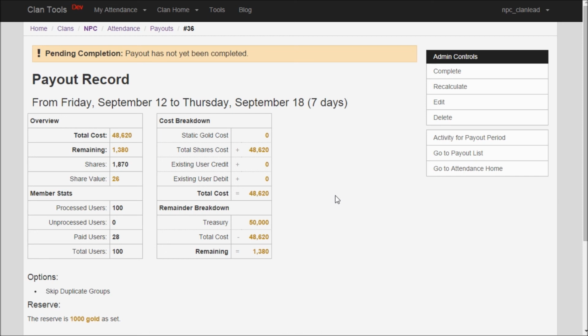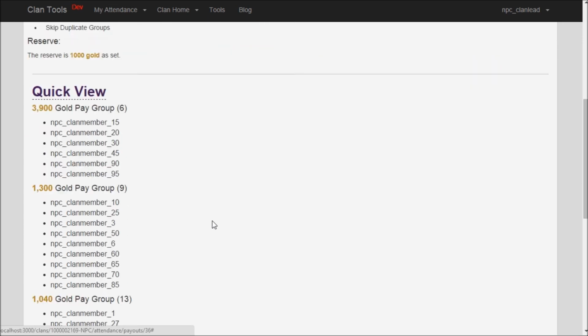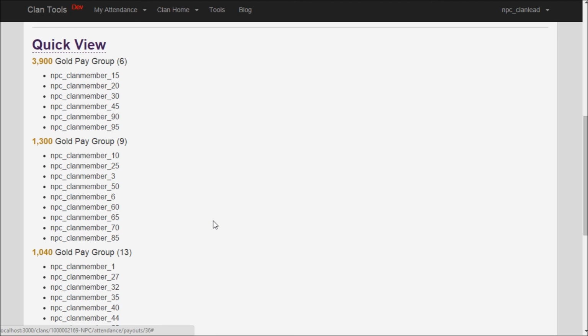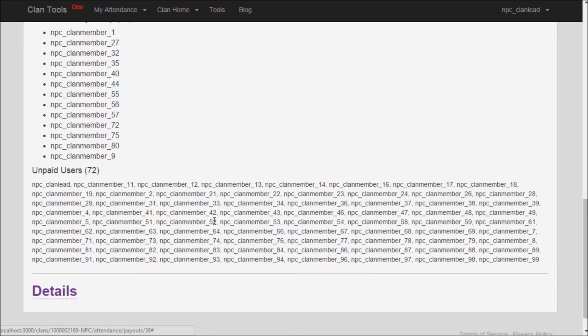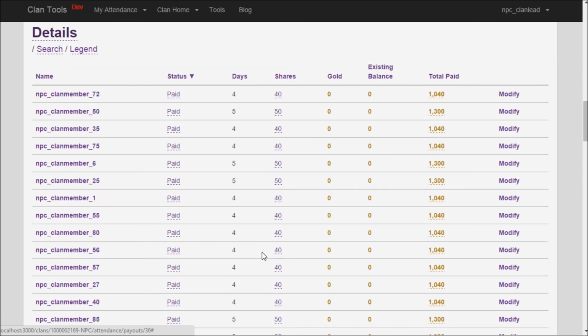The payout record itself is divided into 3 main parts: an overview at the top, a quick view which is designed for use by the person who is performing the actual payouts on the World of Tanks website, and finally a details view which provides some more in-depth information regarding why each individual member qualified for the gold they did. This concludes this video series on getting started with the